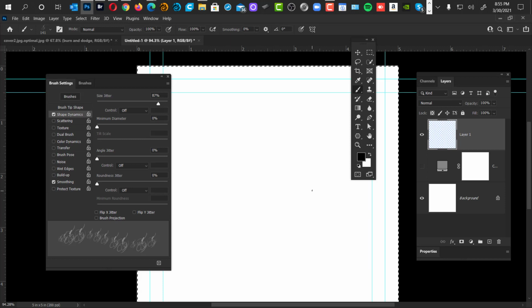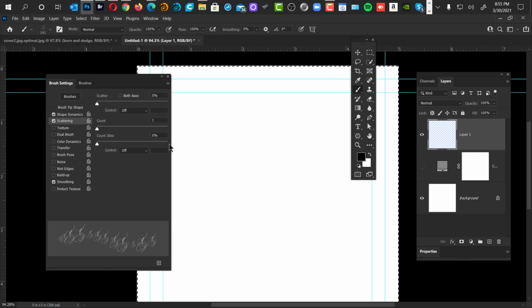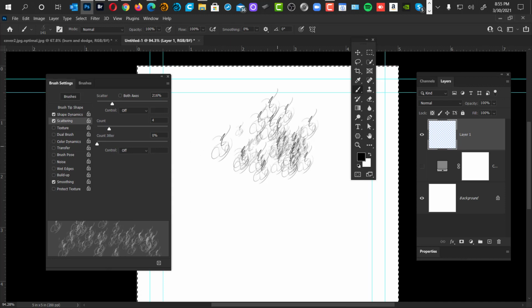All right. Now, we've got scattering, because black hair is going to have a lot of scattering, a lot of different clumps. So click on the word scattering, and I'm going to increase the scatter, but I'm also going to increase the count. So take the count and add more, like that. So if I test it out,